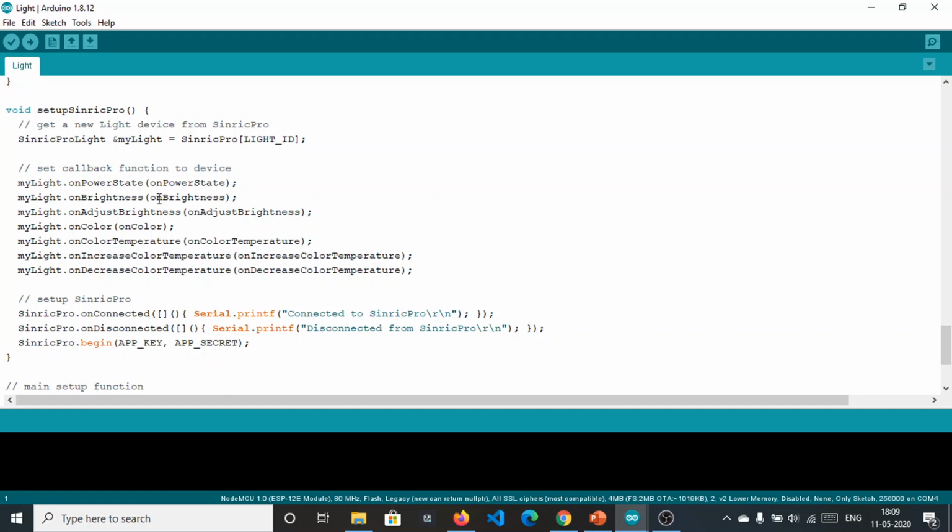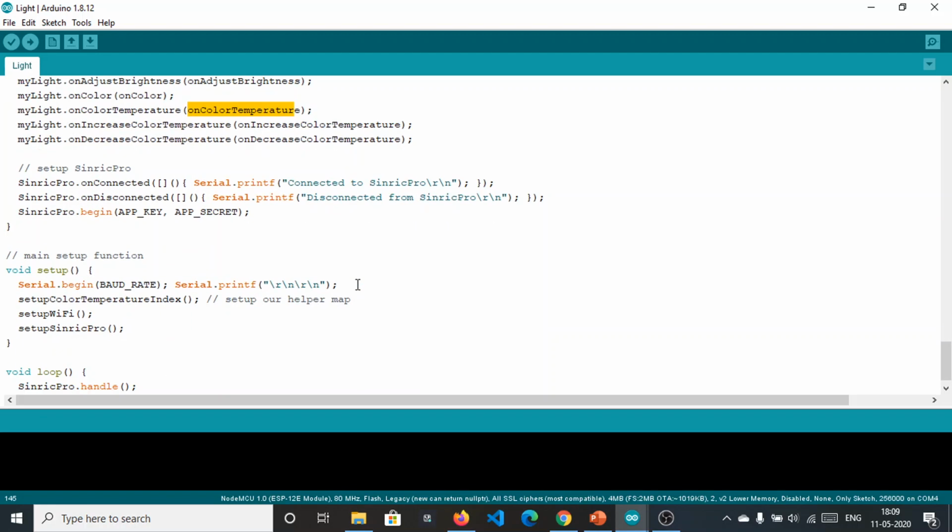We need to change brightness, and we are using these two callbacks and these two features of smart light controlled by Alexa. So delete all the other functions, like delete this function defined anywhere in this sketch, delete this function, this function, and this one, everything related to it.